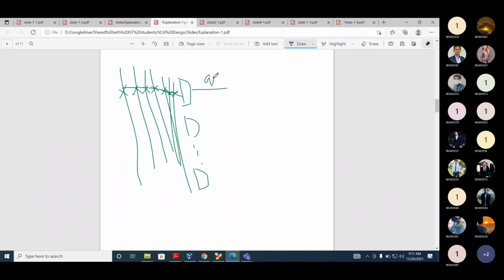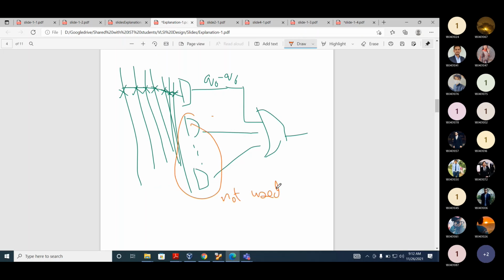Actually, this was 0 to 6, and then there was an OR gate. These other AND gates are not used. Let's assume we want to implement this function fk. Inputs here will be 0 0 0. What will be your output? Agreed?